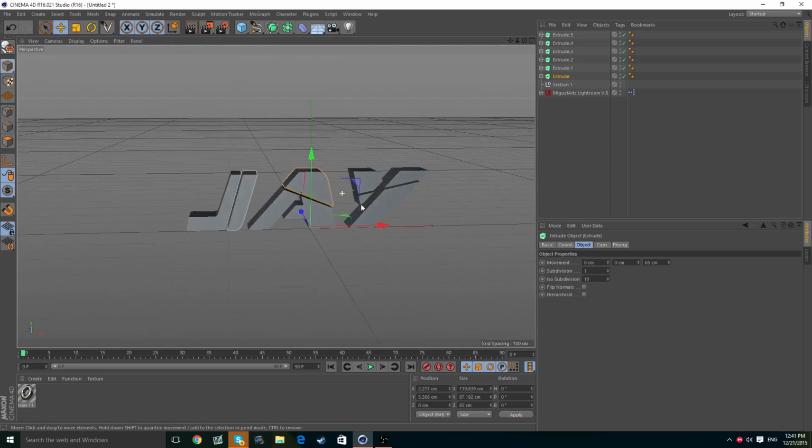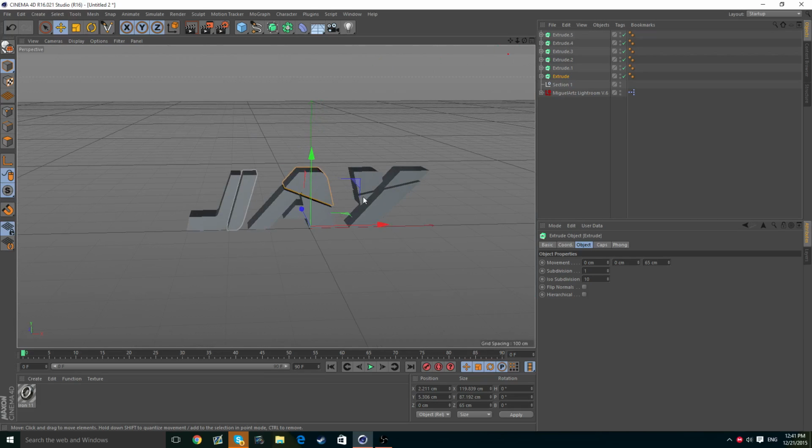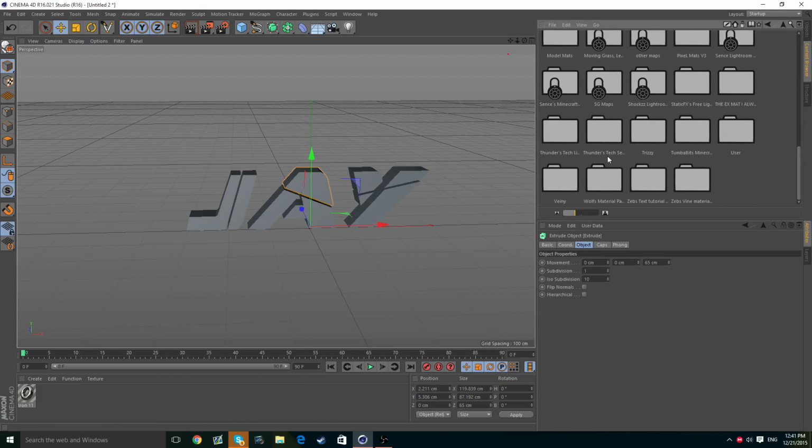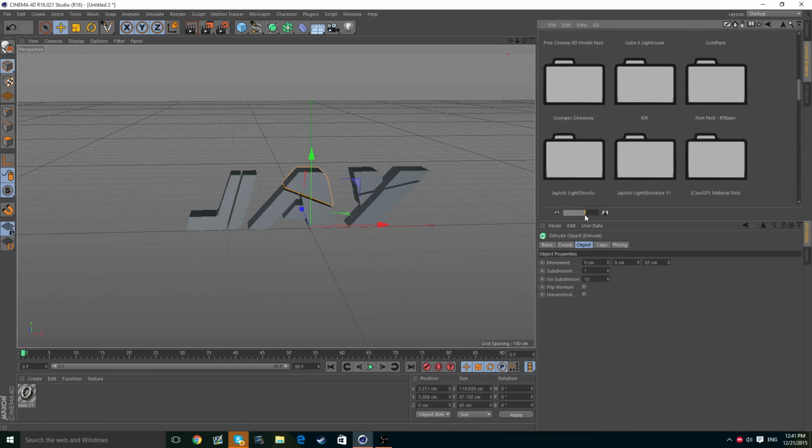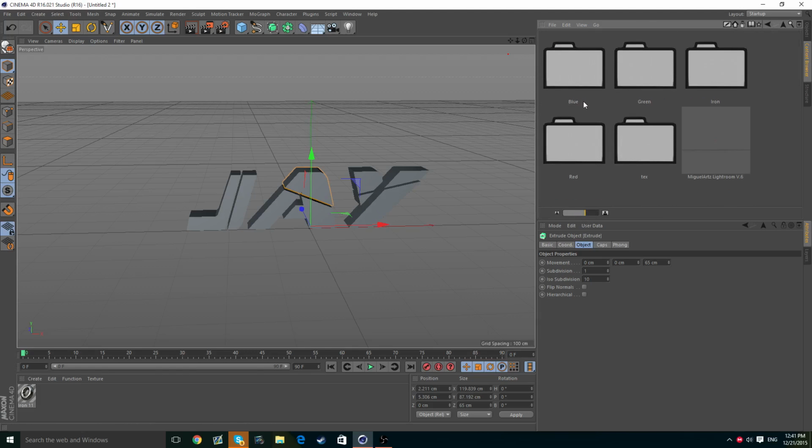So that's really simple, but there are complications along the line. So you can finish the video here, you know, make your intro, texture it, but I'm going to tell you how to do the caps and how to put it into a fracture now. So I'm just going to go into my Lightroom materials. Let me find it. So I've already got an iron down here. I'm going to just pick